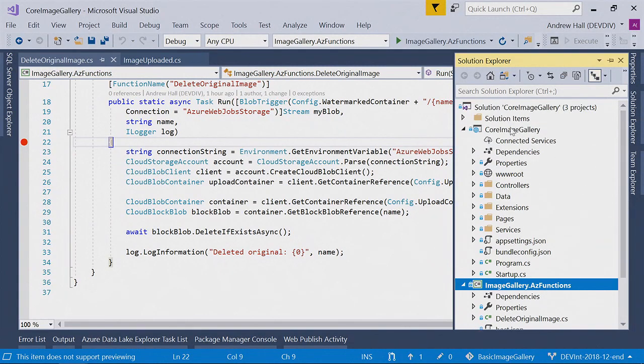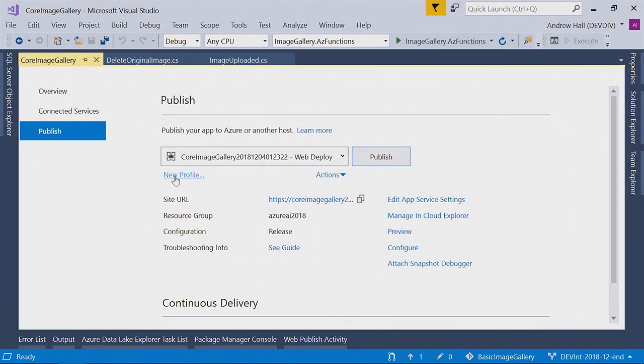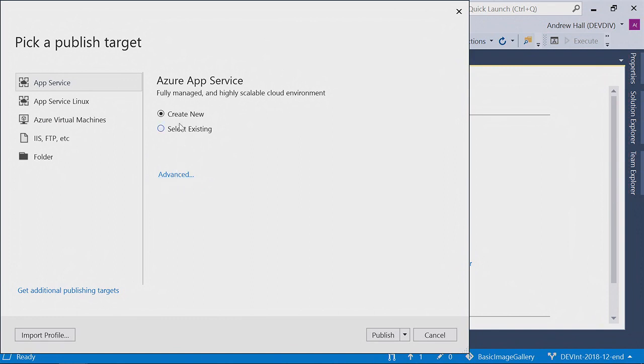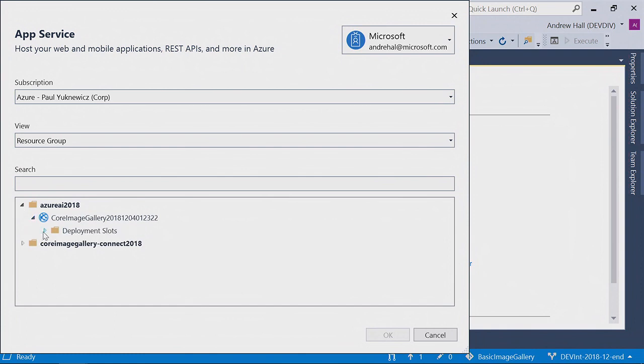Yeah. So the first thing I just want to show is how to publish to a deployment slot from a developer perspective. And then obviously you can wire all of this up through a CI/CD pipeline as well. But when I right-click Publish on my application, I'm going to pick a new target. I'm going to choose Select Existing. And then once it loads my subscriptions, I'll be able to browse and you'll see deployment slots. This is the resource group Paul and I have been using. I have deployment slots, and I can see Blue and function here. I'd already published a copy of this to the function.